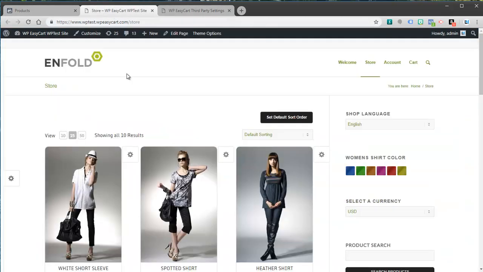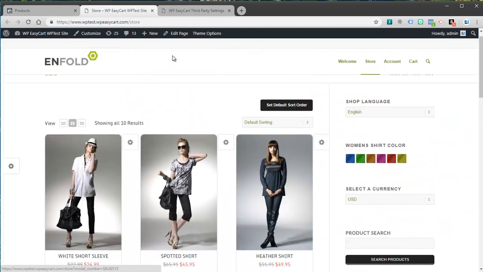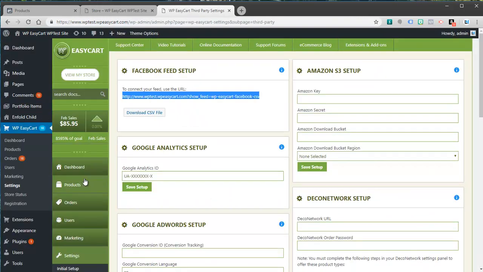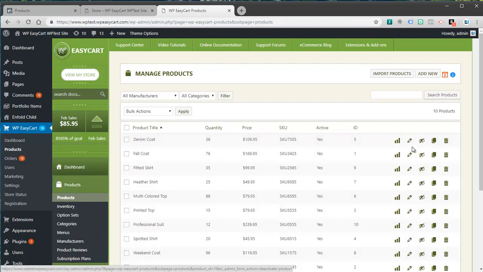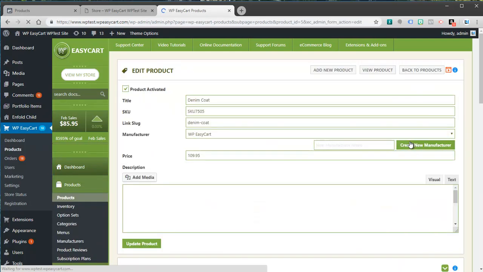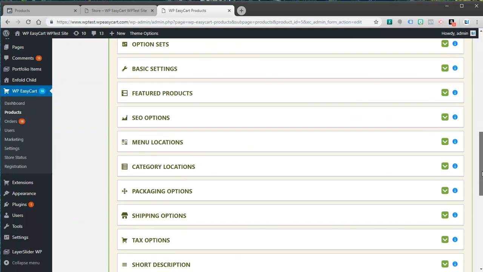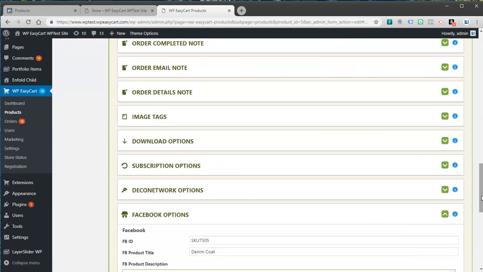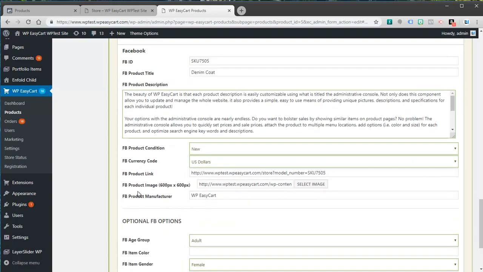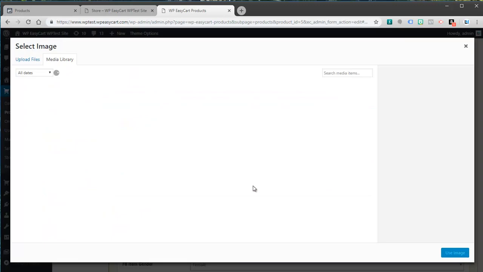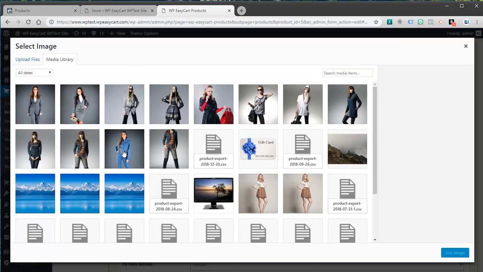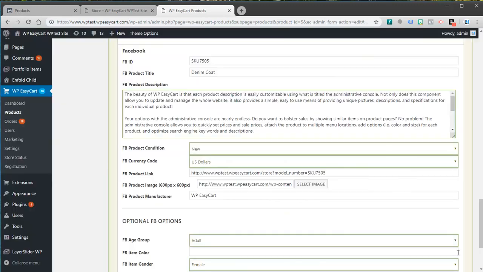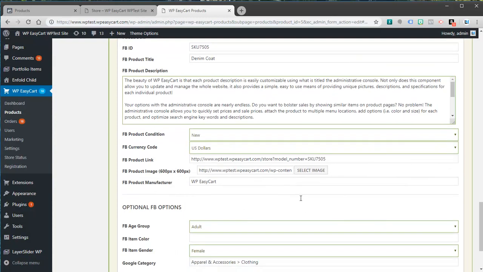again, you can see on our store our images are not square, but if you do want good control of that, I'll jump over here and take a look at a product. Let's just open up one of these. Remember, at the bottom is your Facebook options, and this is where you can feed a square image to your product. And so I've created these square images, and so you'd have to go through and customize this to all